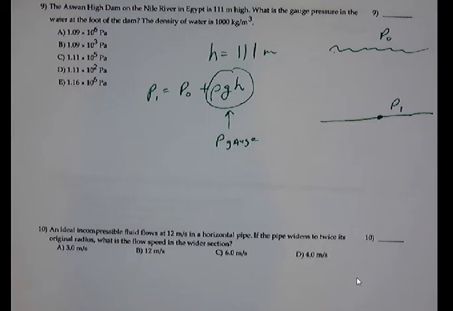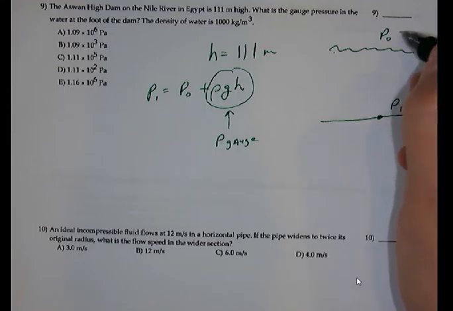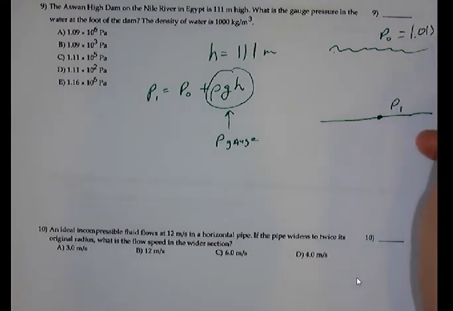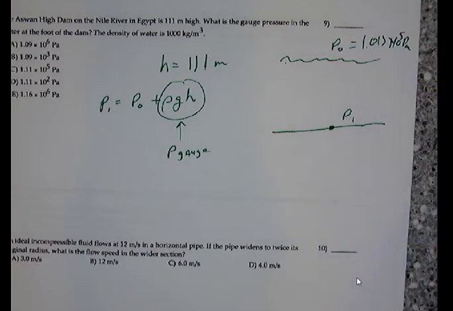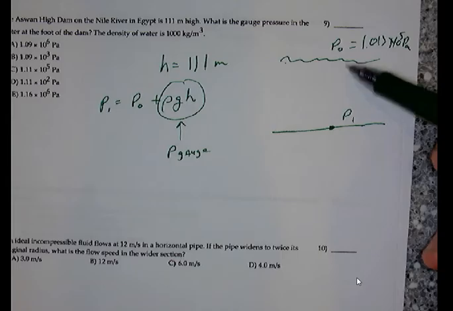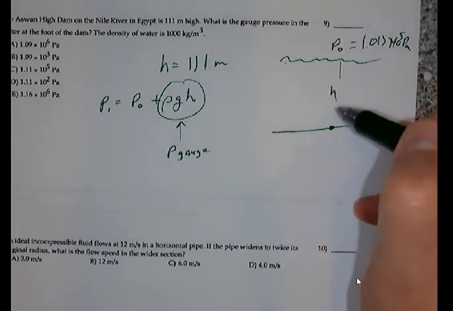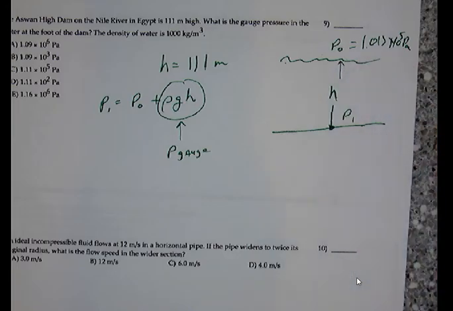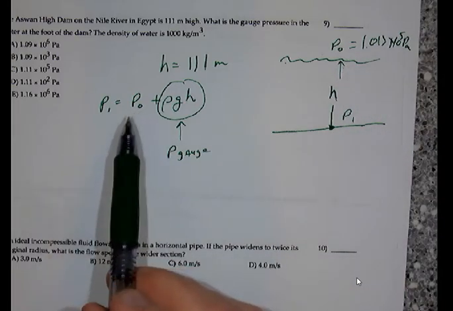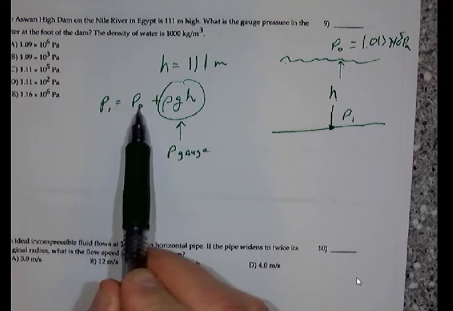Okay, so here's the relationship between pressure and depth. So we've got the pressure at the top here, which is open to the atmosphere, 1.013 times 10 to the 5th pascals. That's what 1 atmosphere is. And then we have got depth down here, and this distance is h. So the pressure at the bottom is greater than the pressure at the top because there's a whole column of fluid here. So we saw this before, like P1 would be equal to P0, which is at the top, plus